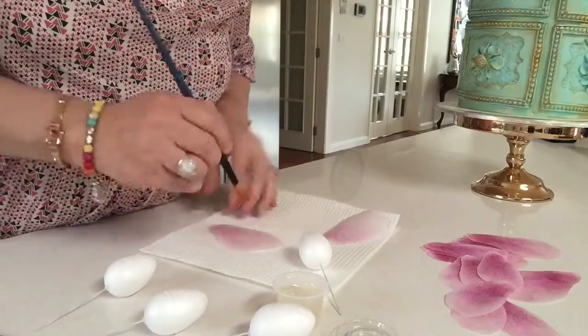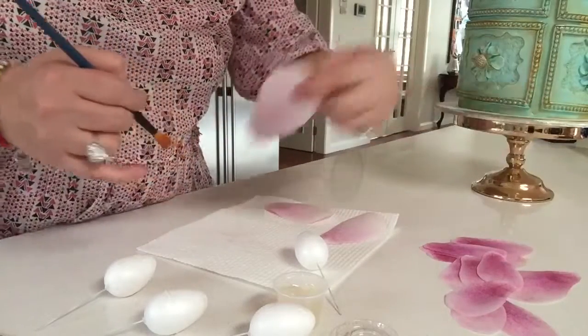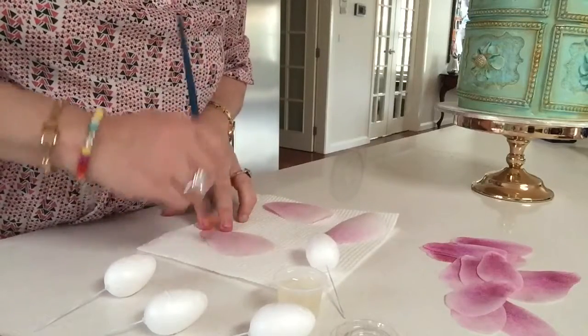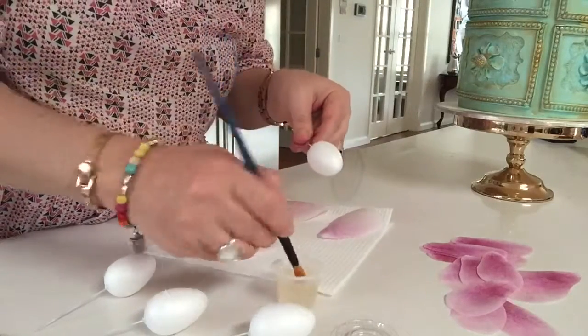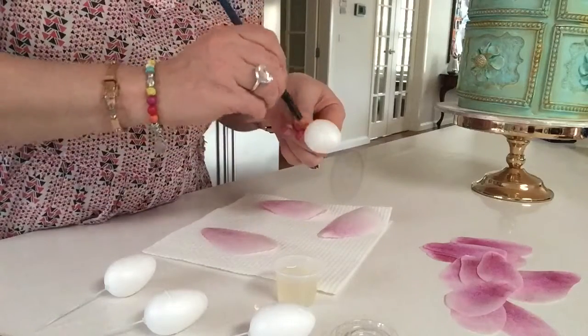for the centers, but I'm going to use it for 3 going around because you're not going to see the center of my flower. It's going to be all covered up with just these petals. And I'm hoping among all hopes that it actually works, because as I said before, this is the first time for me as well. So I'm going to put some of my ball